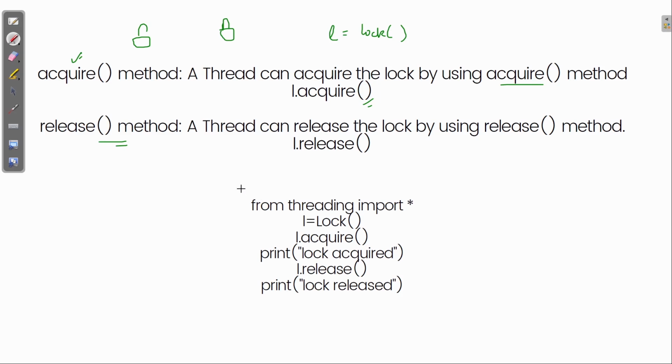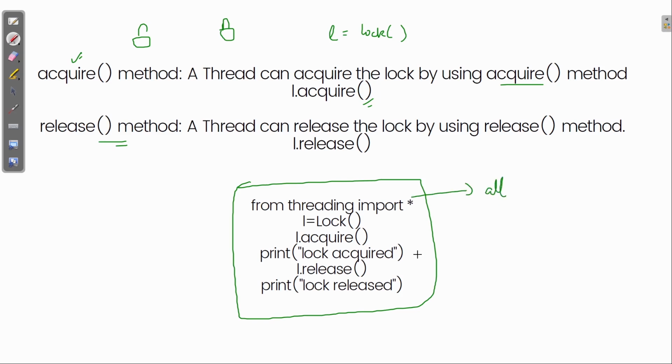Let me explain this simple syntax and how we can do it. From threading you need to import all the attributes. I'm using the threading module and importing all the important attributes from that module. Now I don't have to keep calling where I'm importing from.